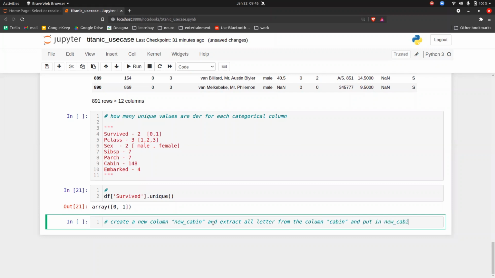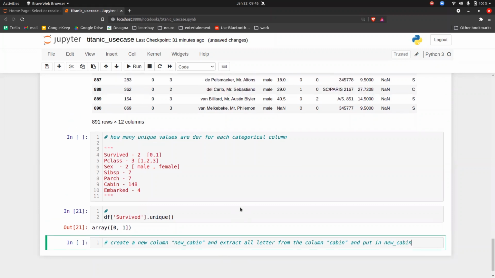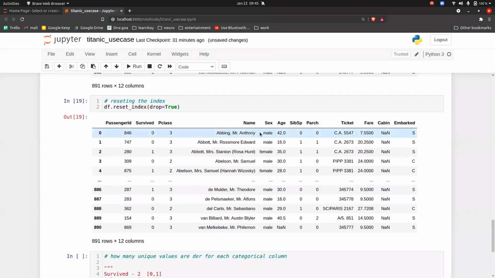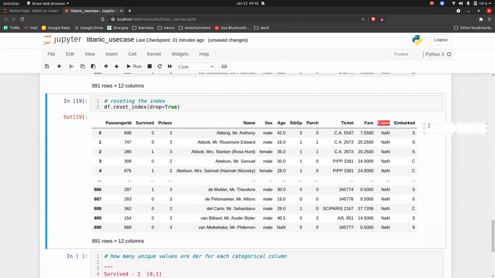Okay, let me tell you the meaning of what the use case is. There is something called the cabin column, and what you have to do is create a new column, new_cabin, and the data of this will be the first letter of each cabin. For example, the first letter of the cabin here is N, because it is a nan value, right?